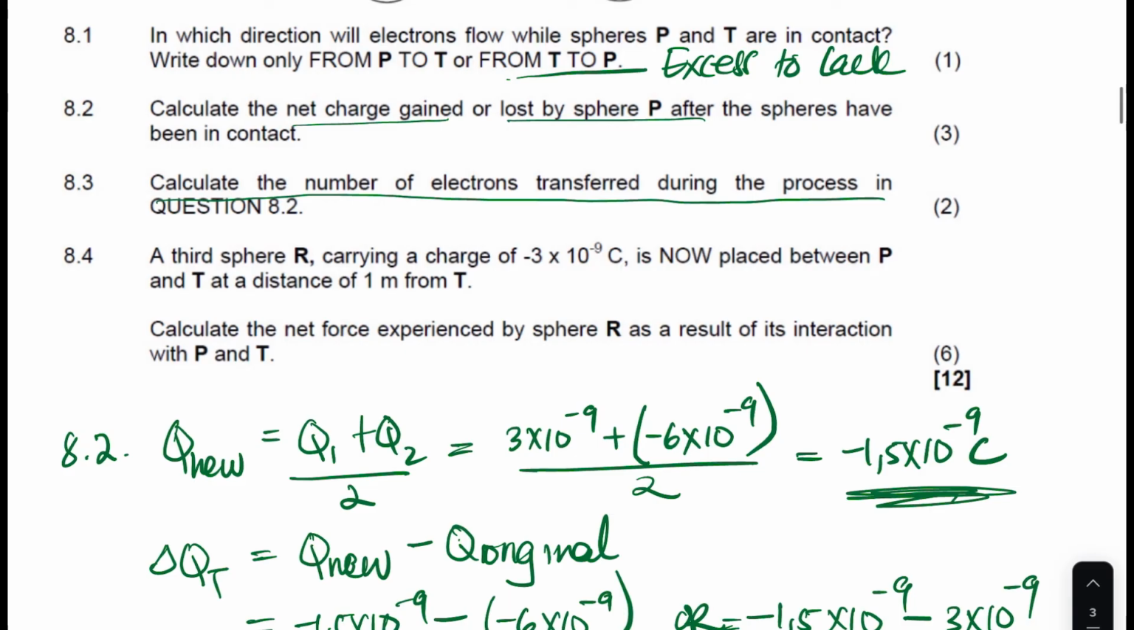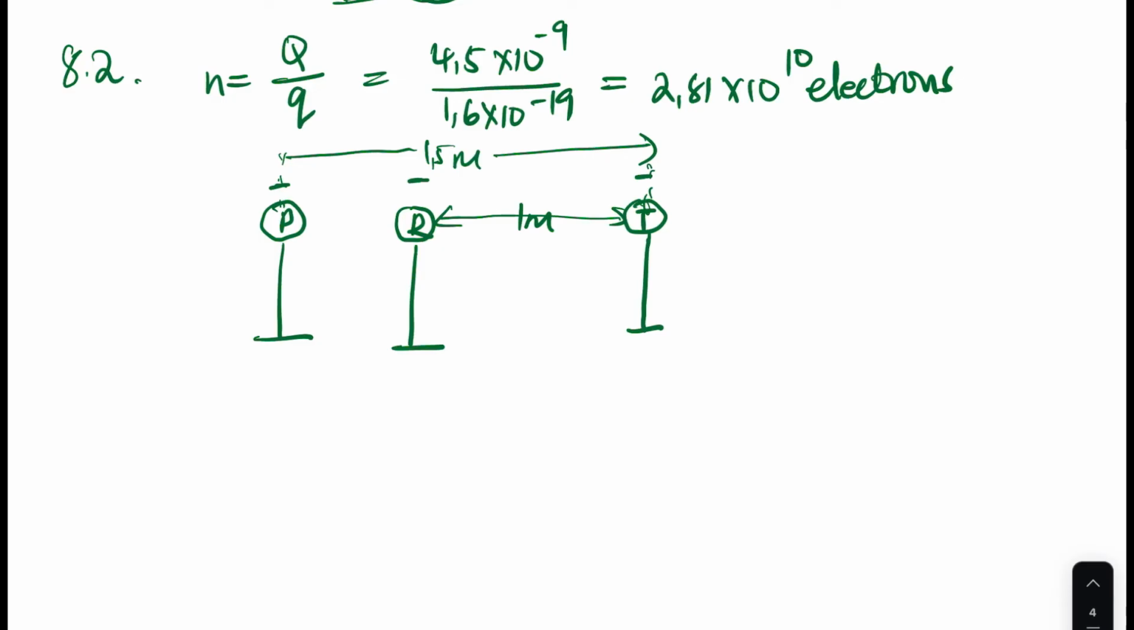Now the question says, calculate the net force experienced by sphere R as a result of interaction with P and T. Guys, it's very important: T is exerting a force on this one, and P is exerting a force on this one. I hope you still remember why they are both negative. They are new charges now, which we calculated from the first calculation. So now, guys, if you can draw a free body diagram showing all the forces that are acting on R,